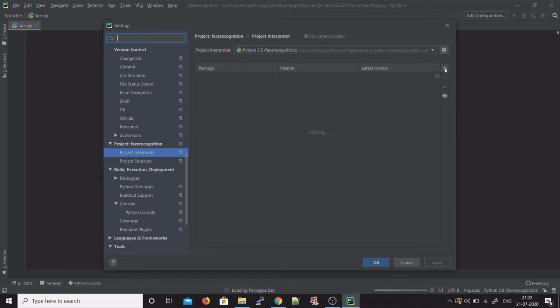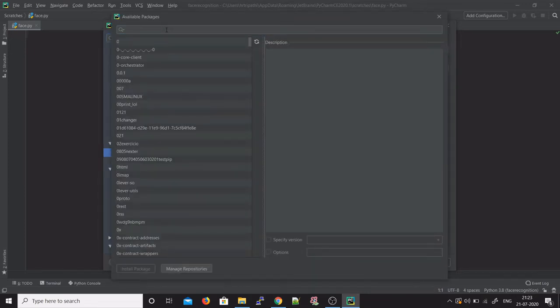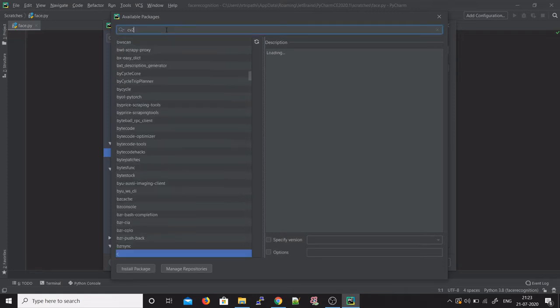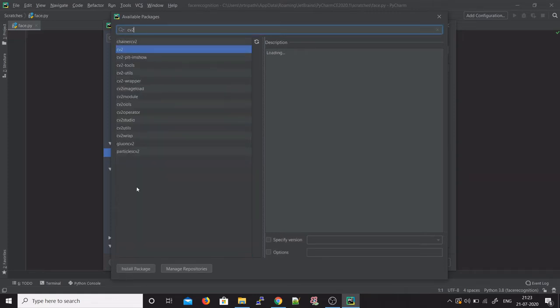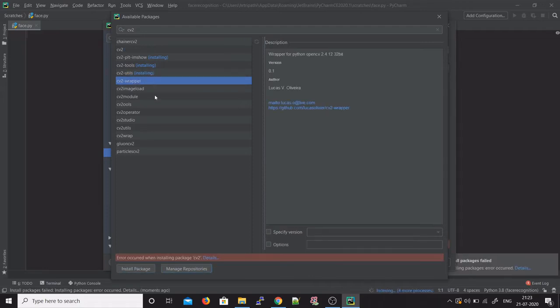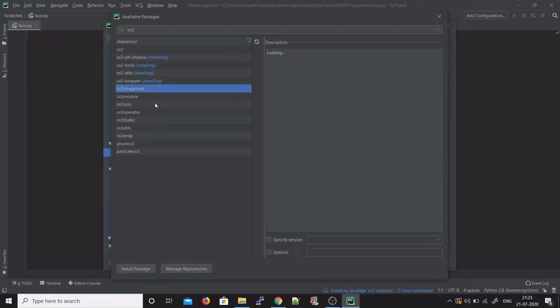Next, click on this plus button here, and type the library you need. So I'm going to be needing CV2. Just keep installing all these. These aren't pre-installed, so you need to install them, otherwise your code would not work.